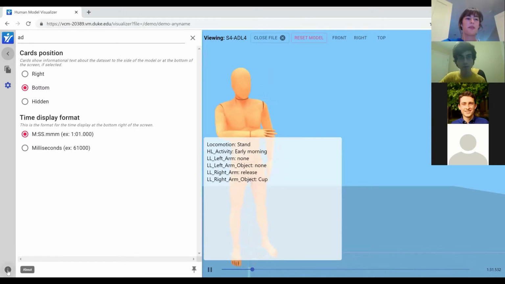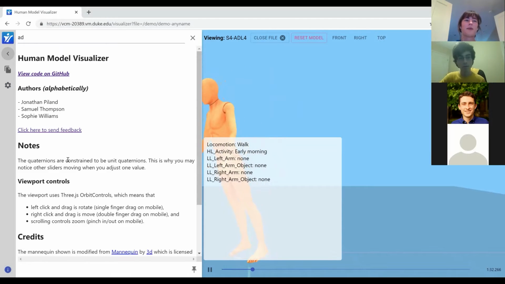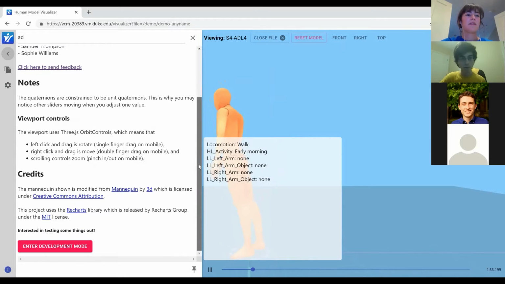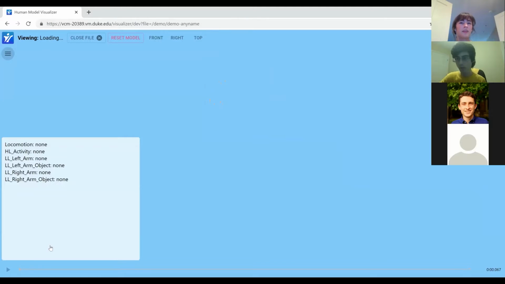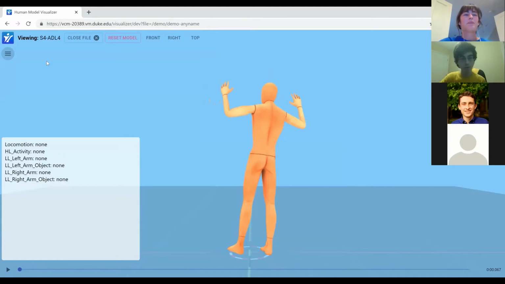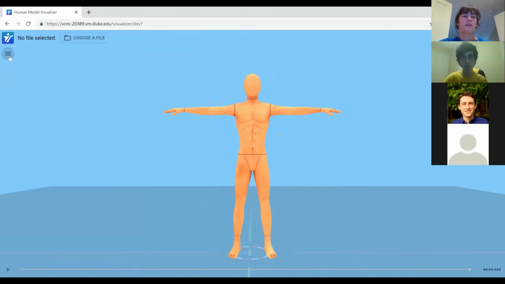If you go to the About button in the bottom left-hand corner, this is where we have credits, some information about our website, and scrolling to the very bottom, there's a button to enter the development mode, which has pretty much the same stuff as the visualizer, but a few additional tabs, and those are accessed in